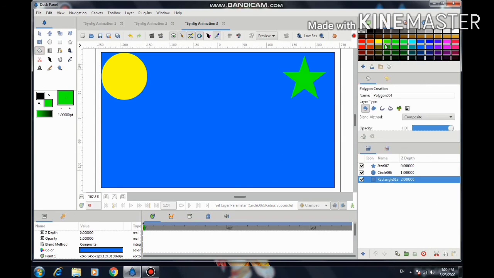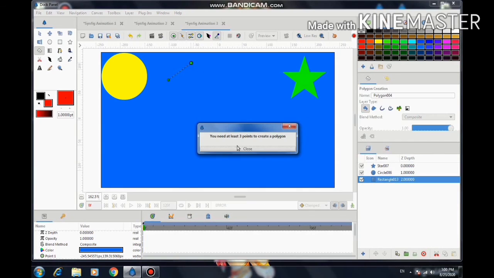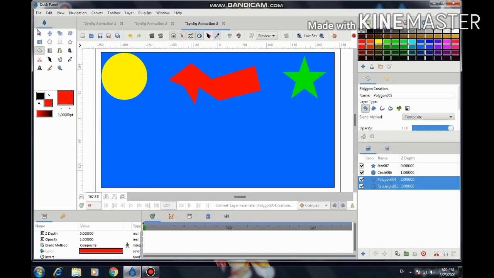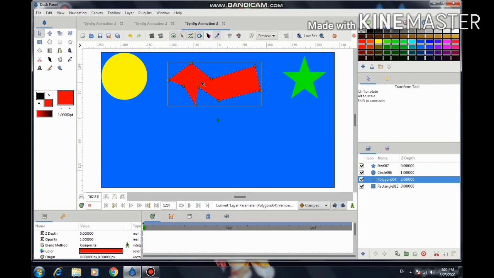Now suppose polygon. Suppose I am selecting a polygon, and any object you can draw. It's very fast color, so I am changing it. Using a fill color, I am changing the color.